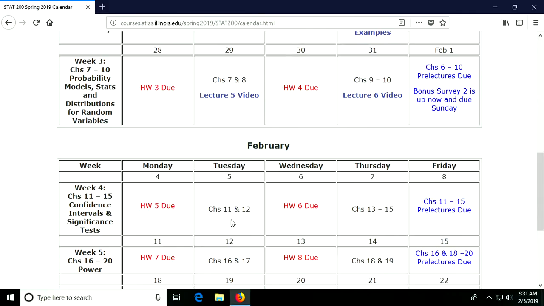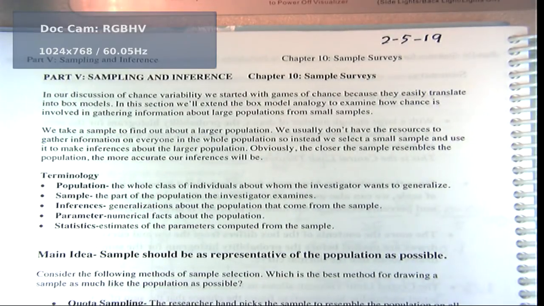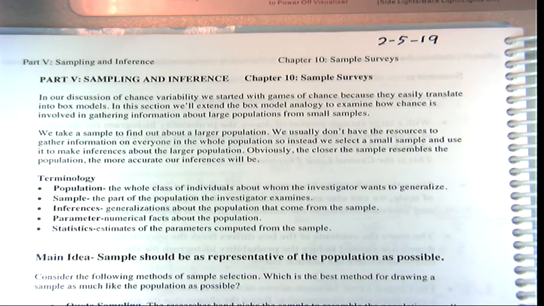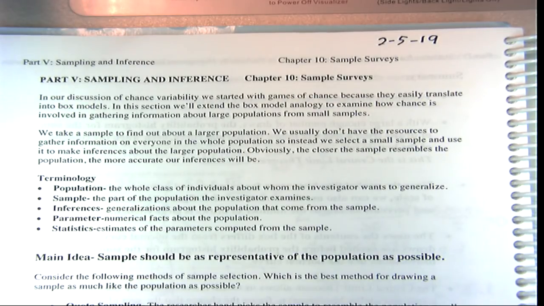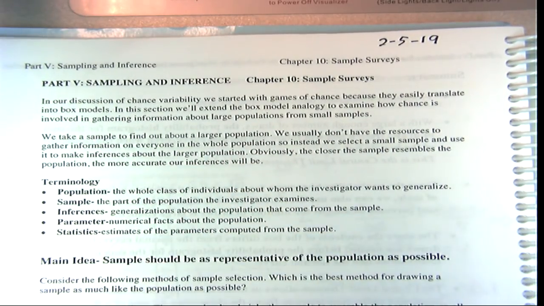Let's start. So chapter 10 is about the best way to take a survey, a sample, to estimate some population parameter. So we take a sample to find out about